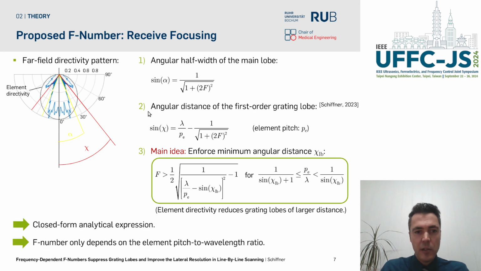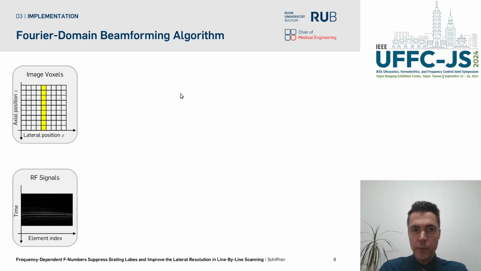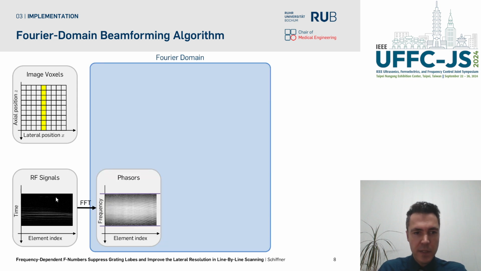We now have a closed-form analytical expression for the receive f-number, and this f-number only depends on the element pitch to wavelength ratio. The frequency-dependent receive f-number requires a Fourier domain beamforming algorithm. A line of image voxels and the RF signals for a focused wave emission serve as inputs. In the first step, the algorithm applies the fast Fourier transform to the RF signals to obtain complex-valued phasors in